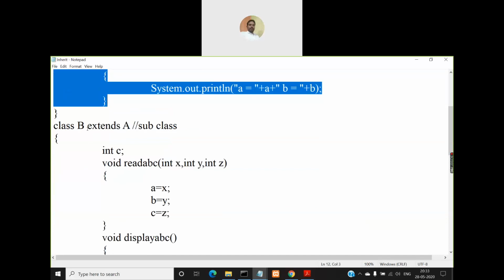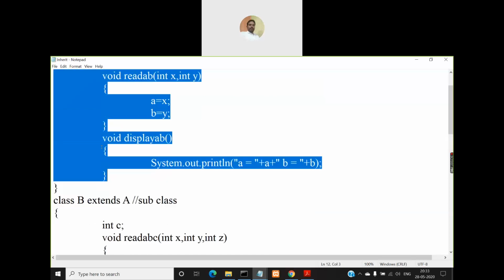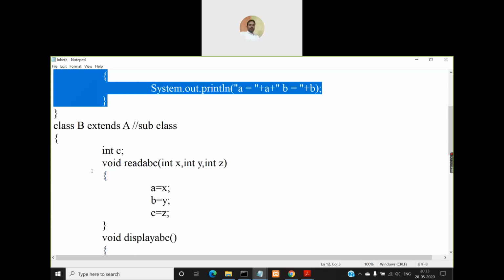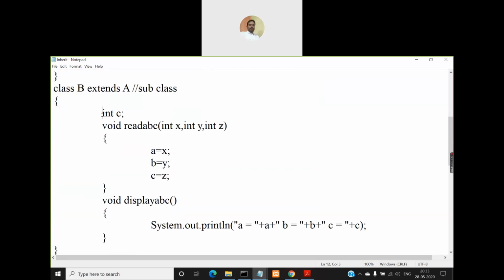Additionally, whatever members you want to add to class B apart from the members of class A, you need to define in the class B definition. Apart from a and b, I want to have an additional instance variable c, so I'm creating it here. The total number of instance variables in class B will now be 3: a, b and c, where a and b are inherited from class A and c is the exclusive member of class B.